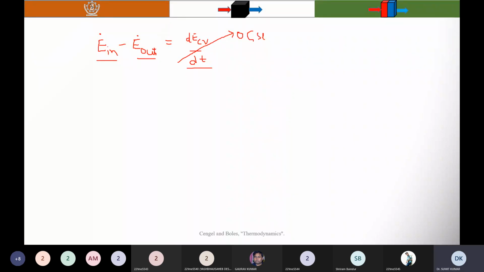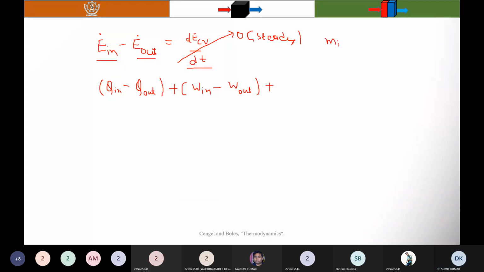So steady. And you know that in the case of an open system, energy can be transferred in the form of heat, work, and mass. So you can write Q in minus Q out plus W in minus W out plus, you know that in open systems,